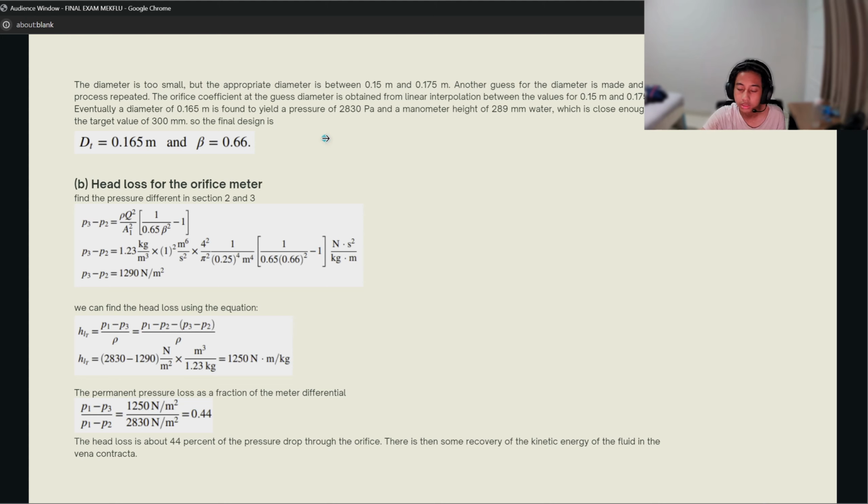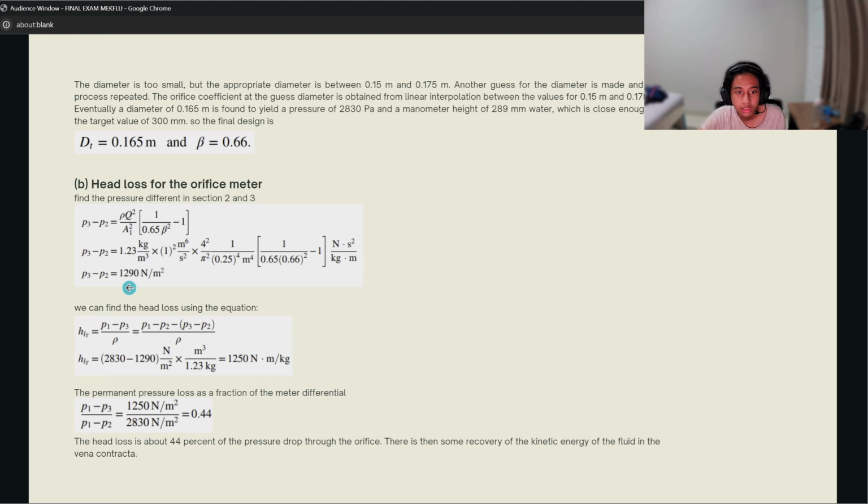So after we get the answer for question number 1 part A, we want to solve part B, which is to find the head loss for the orifice diameter. First we need to find the pressure difference between section 2 and 3. We just input it in the equation, then we got the pressure difference between section 2 and 3 is about